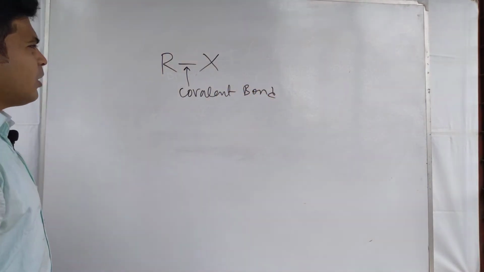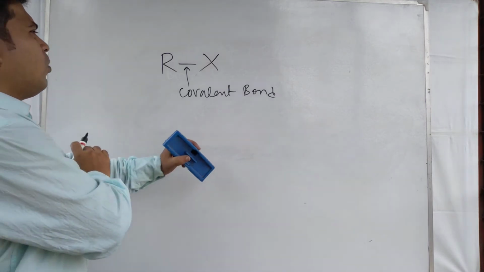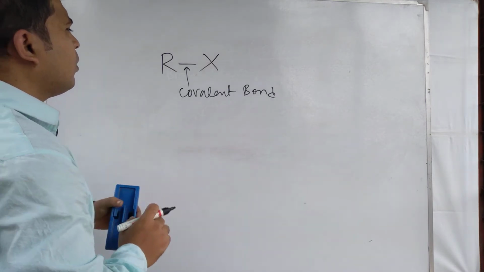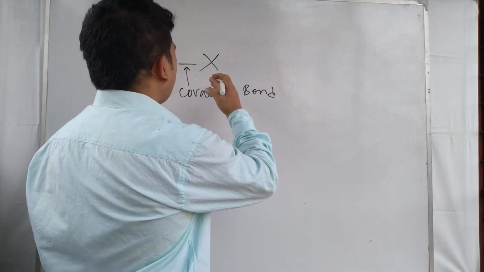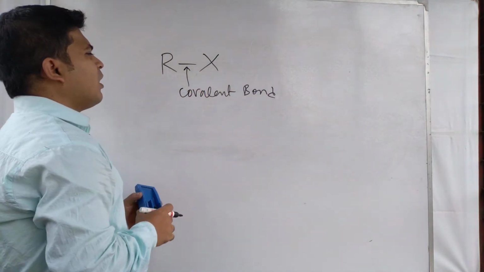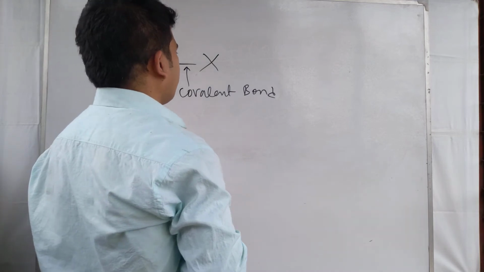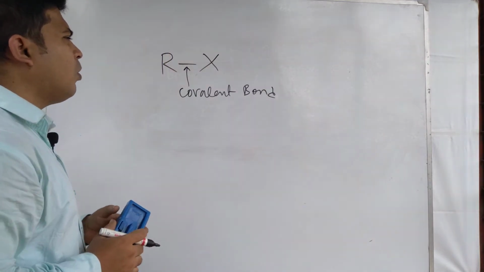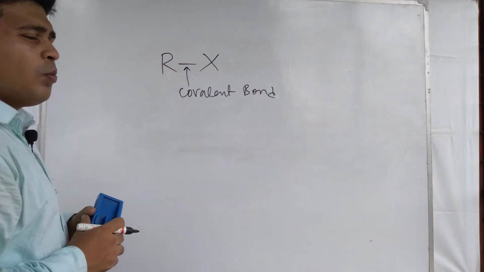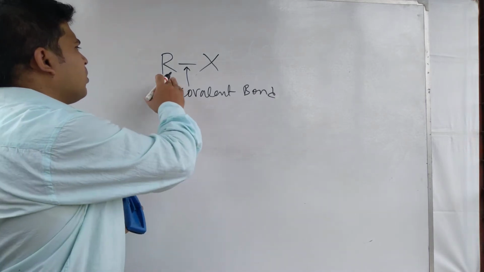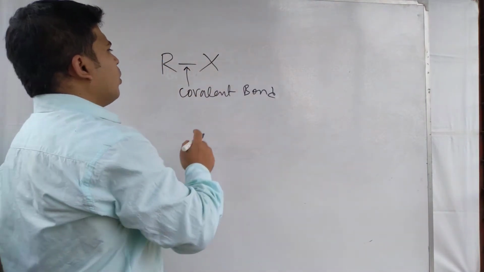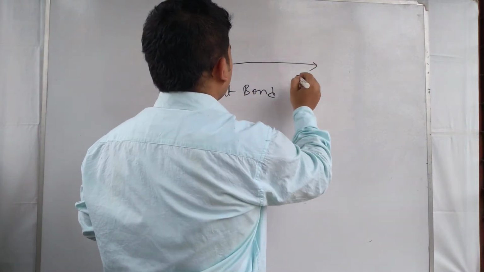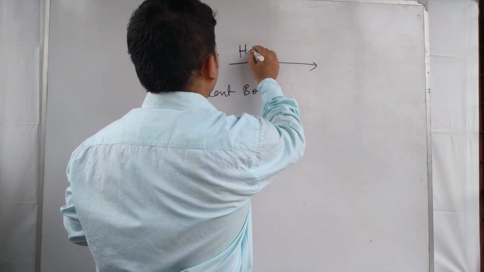Now this bond can break in two ways. This covalent bond between the two atoms, R atom and X atom, can break in two ways. Either one way is